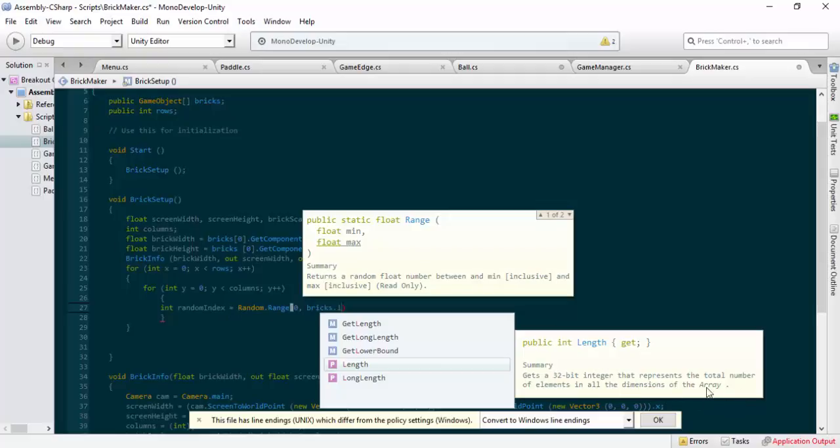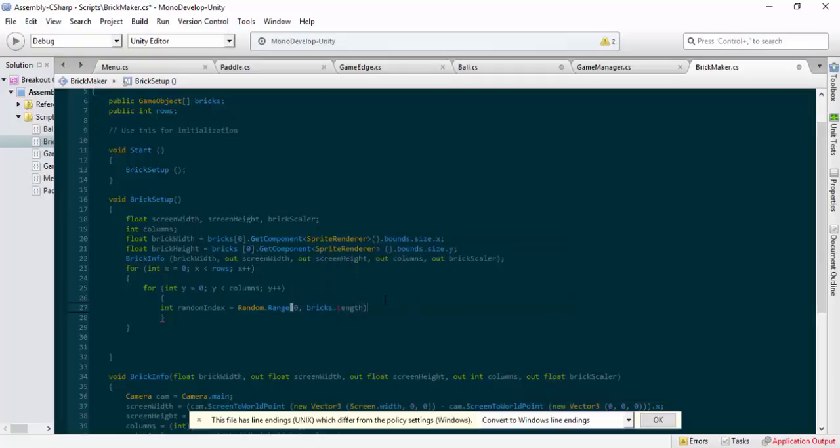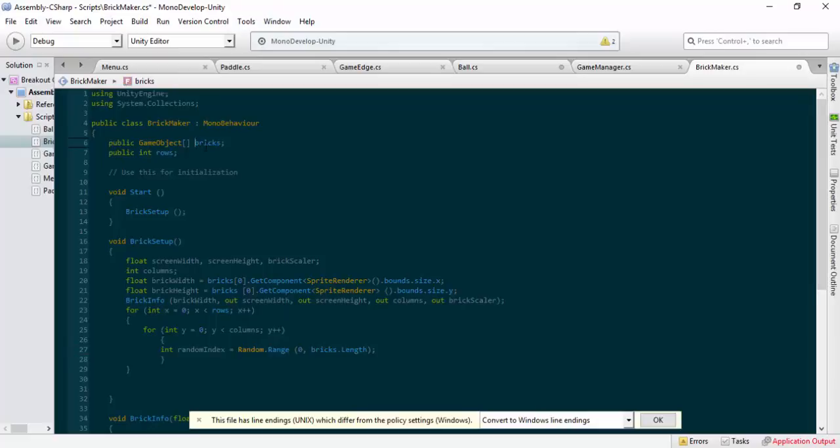I hope that explanation makes sense to you, because that's kind of better than what I'd be giving you. Basically, by telling it bricks.length, you'll essentially be getting the length of the bricks. So it already knows the bricks from here, the game object we put in, or we'll put in afterwards. It'll get the length of that. So the random.range, the random index will choose between the length of our array, meaning,